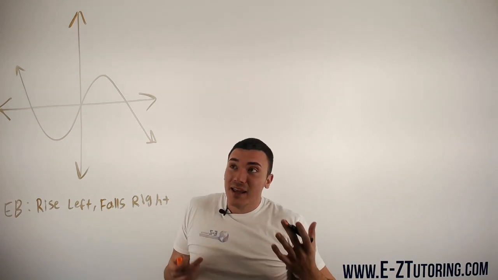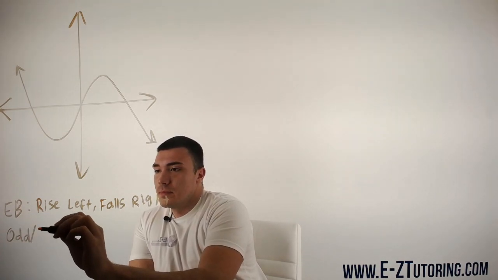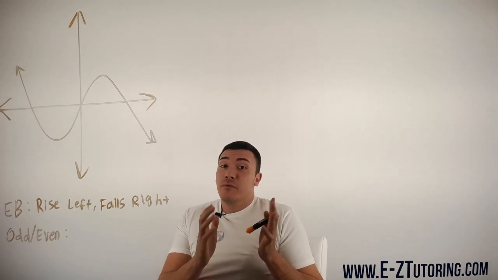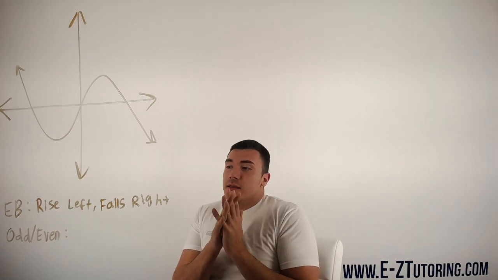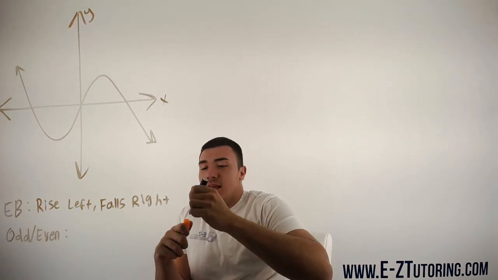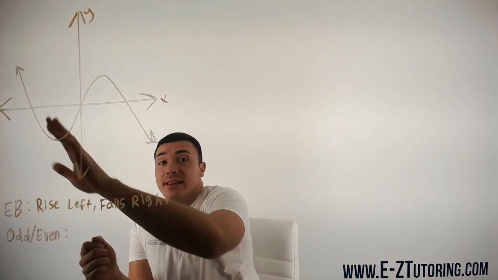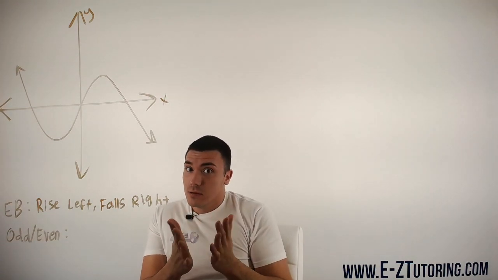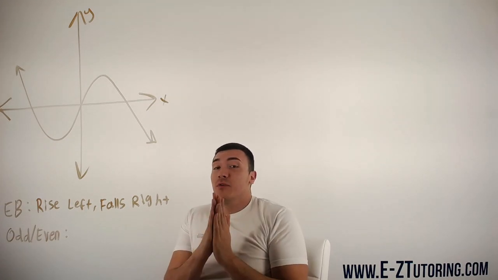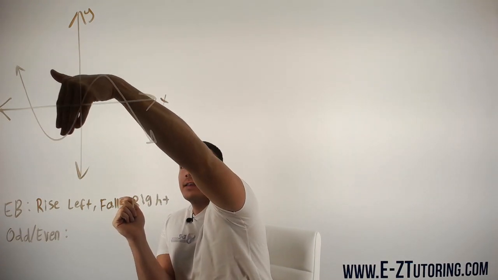Now we need to find out, is this function odd or even? Now, if your function has symmetry about the y-axis, then it is going to be even. That means if you just simply flip it over the y-axis and you get the same exact image, your function is even. Now, for odd, if your function has symmetry about the y-axis and x-axis, then it will be